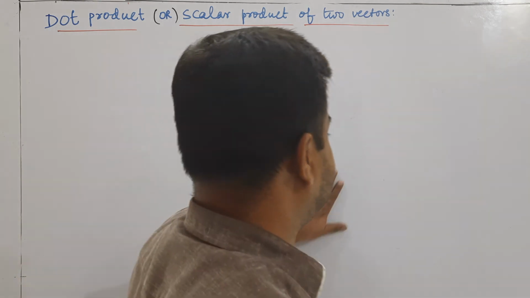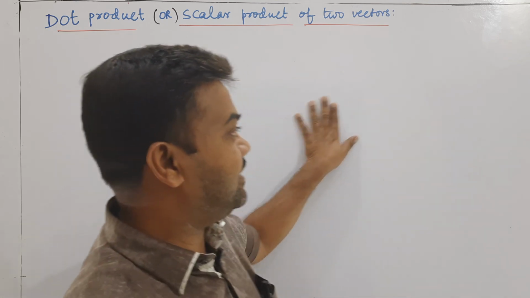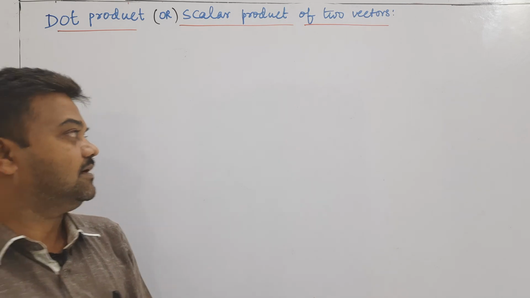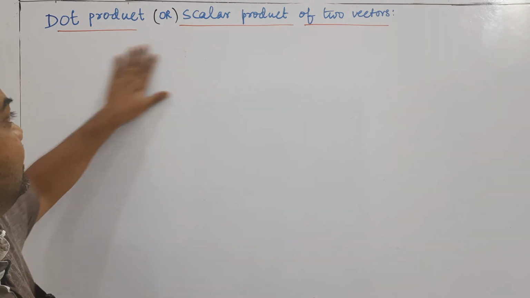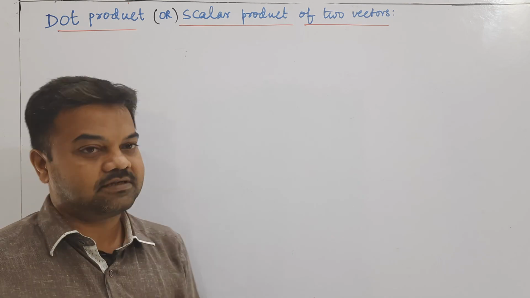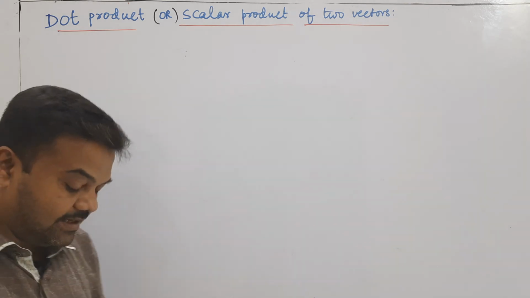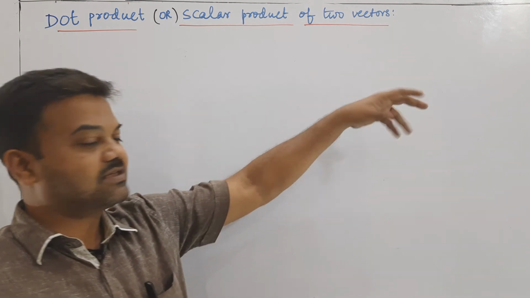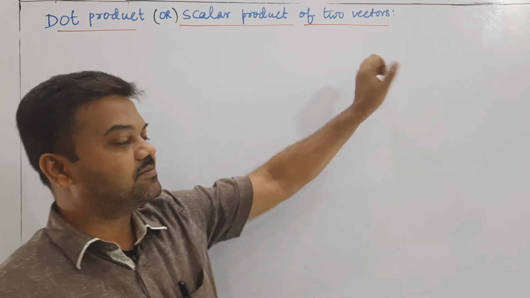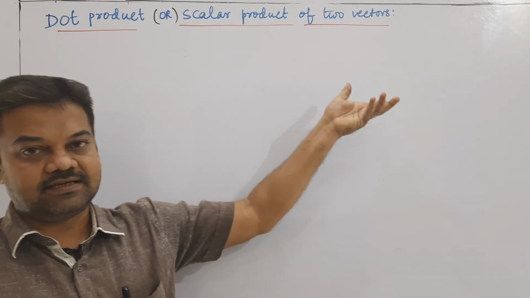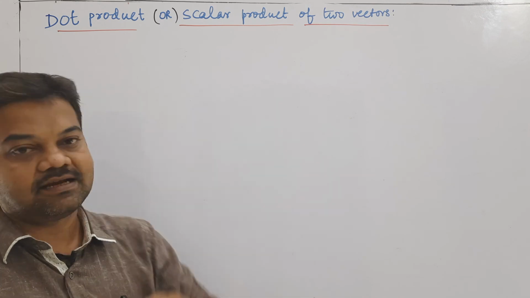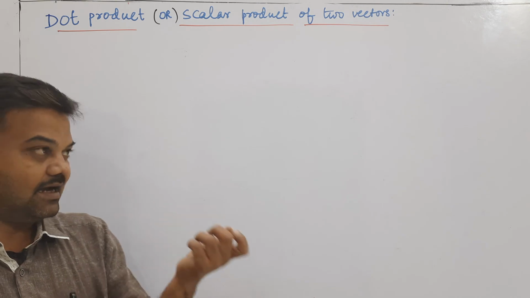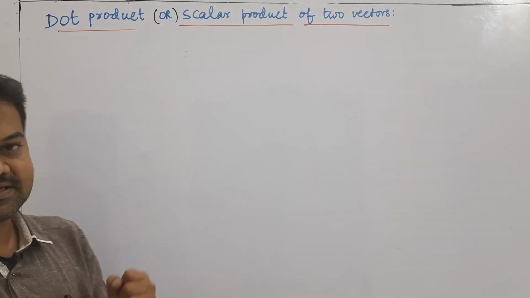Okay, in the last class we discussed the parallelogram law, resultant magnitude as well as direction. Now another topic here: dot product or scalar product of two vectors. Actually, we have seen how we can add two scalars. అంటే రెండు స్కేలార్స్ మనం యాడ్ చేసాం. రెండు వెక్టర్స్ని how can we add? Already we have seen in the last videos. We can add two scalars, and we can add two vectors by vector addition methods.